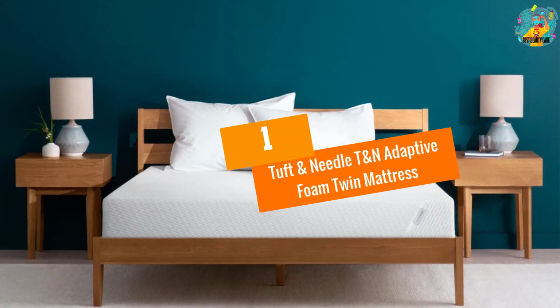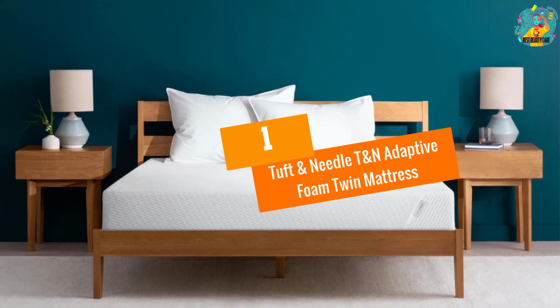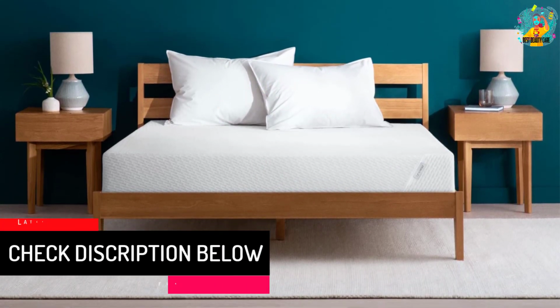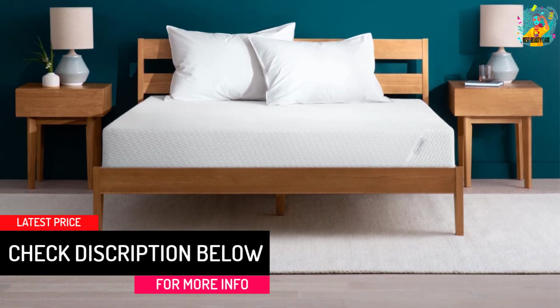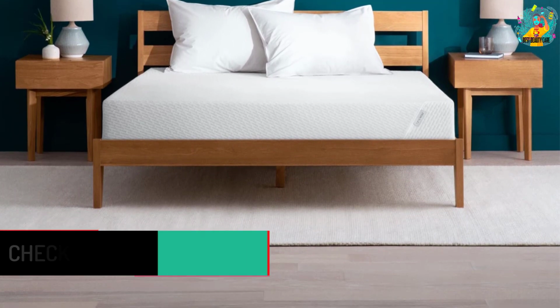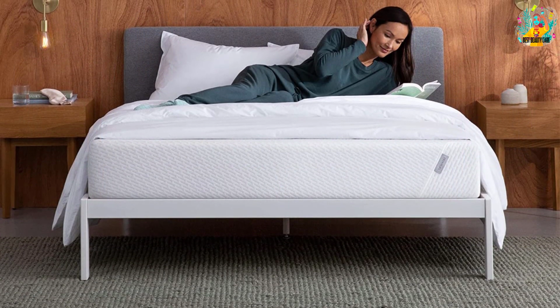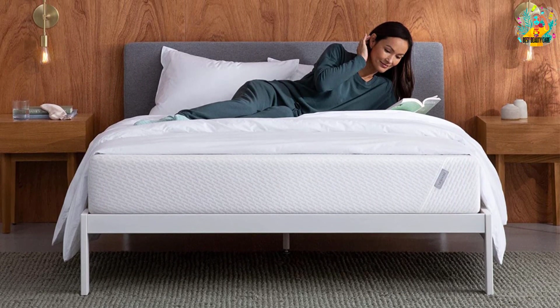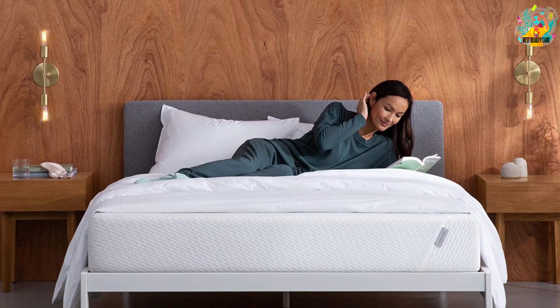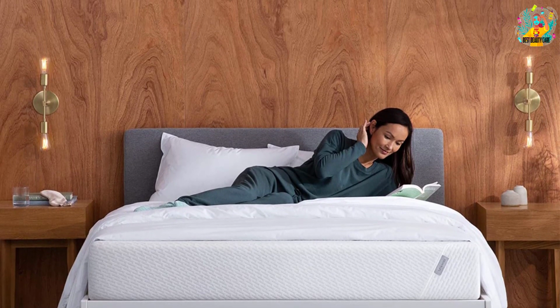At number 1, Tuft & Needle T&N Adaptive Foam Twin Mattress. Tuft & Needle is a trusted brand by many customers for their reputable products. This T&N Adaptive Foam Mattress is among the best options to have in your bedroom. Made from freshly poured T&N foam, it's highly responsive and supportive. Moreover, the bouncy design is great for ensuring the body has excellent cushioning. Due to the latest foam, this mattress is